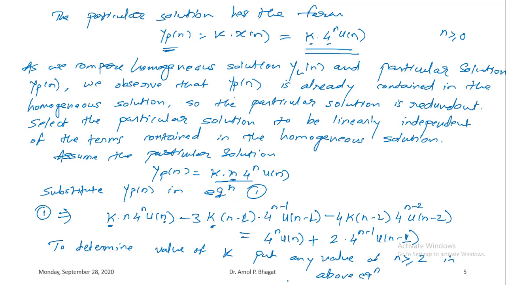Okay, so why are we substituting n equals 2 or greater than 2? Because every term should exist. If I substitute n equals 1, then u of 1 minus 2 will be u of minus 1, and u of minus 1 is 0, so this term will be 0, right? Therefore I can substitute n equals 2 or n equals 3 or any value greater than or equal to 2. Okay,